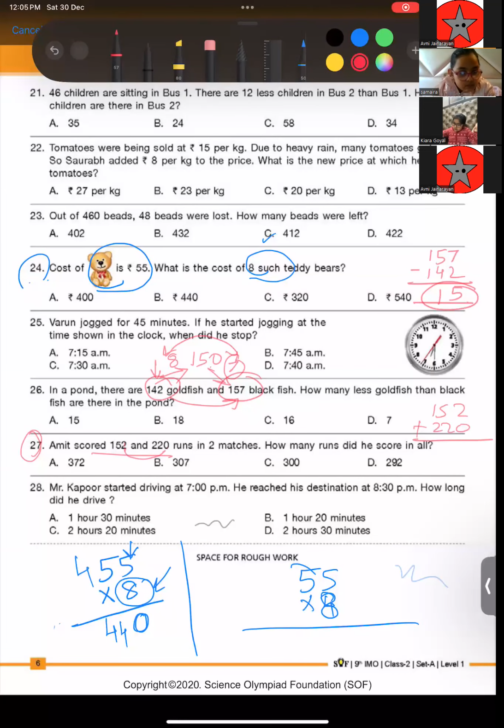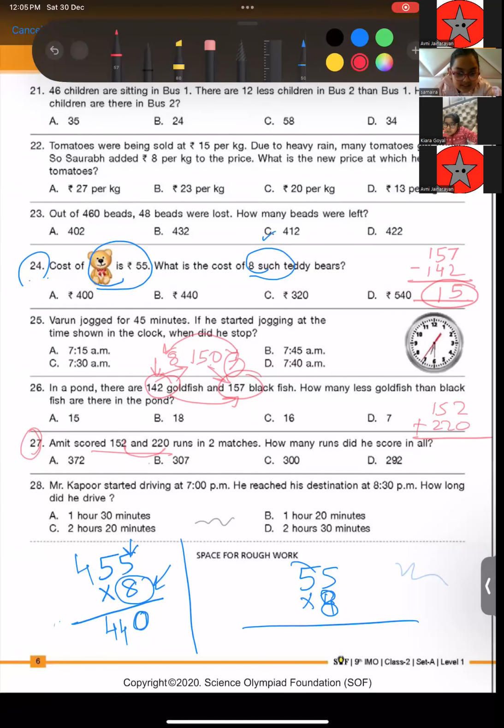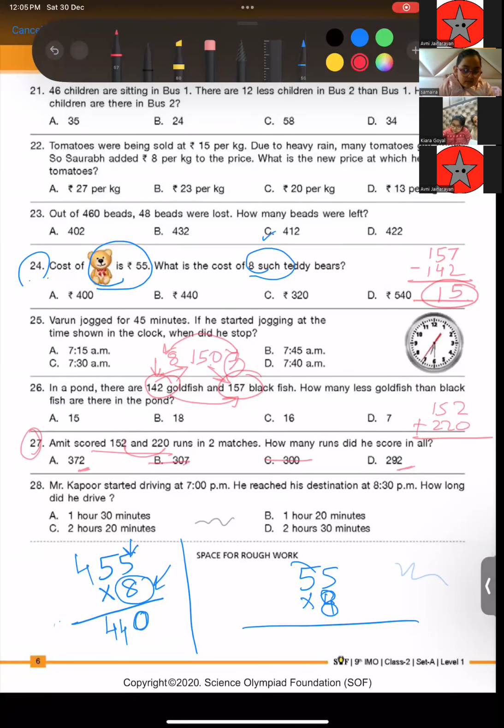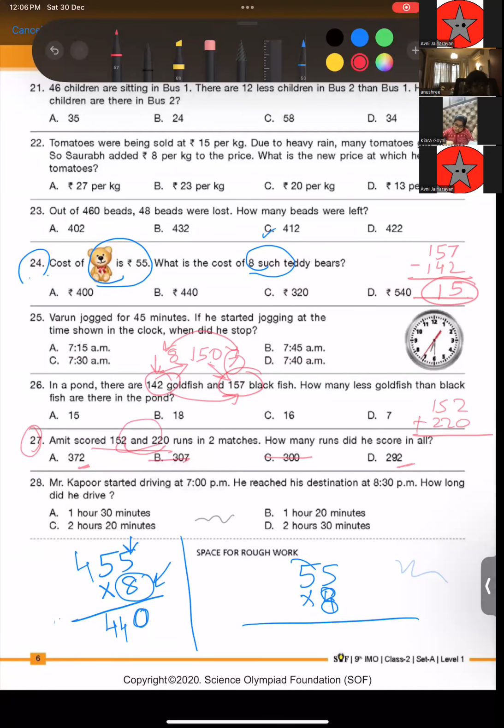So definitely my answer is going to have 2 at its units place. So B and C get eliminated, correct? Because 2 is only here and here, A and D may. Next, I have to add 5 and 2. Or am I doing it wrong, kids? Correct. So now 5 and 2 makes 7. So which number has 7 in its tens place? This one. So the answer is this.